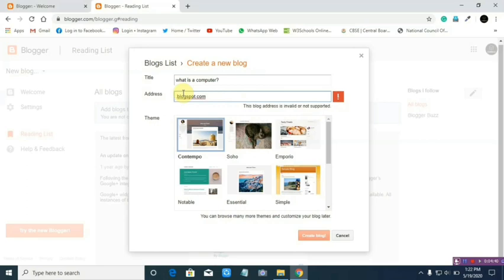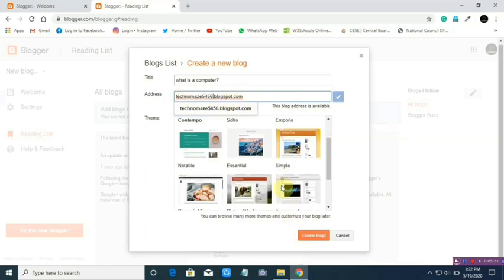So we have to find a name which is not used by any person or any site. I tried so much, and after that I got this word, techno maze 456. See here, yes, this blog address is available. That means nobody has used this address for their blog, so I am using it.